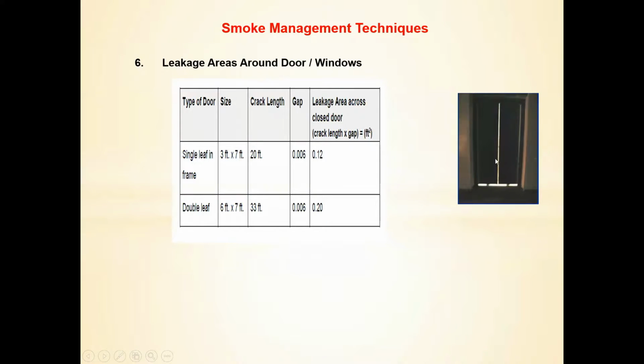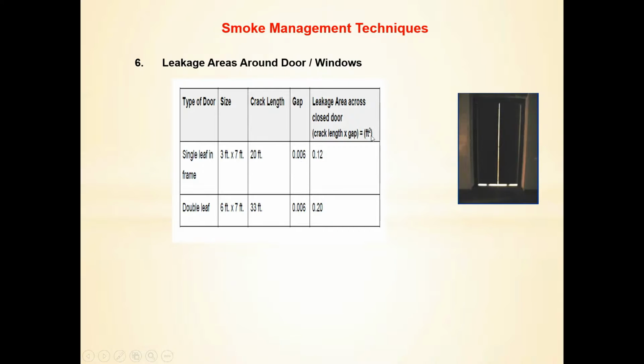How do we calculate the leakage areas around the doors and windows? There are basically two types of doors that will be there in a building normally. One is a single leaf door of size normally 3 feet by 7 feet, and it has a crack length which runs along the periphery of the door, that is 2 widths and 2 heights. So 3 plus 3, 6 plus 7, 13 plus 7, 20 feet is the crack length, and the gap is assumed to be 0.006 feet, that is around 2 mm. Thus the leakage area across the single leaf door along the periphery will be 20 feet × 0.006,